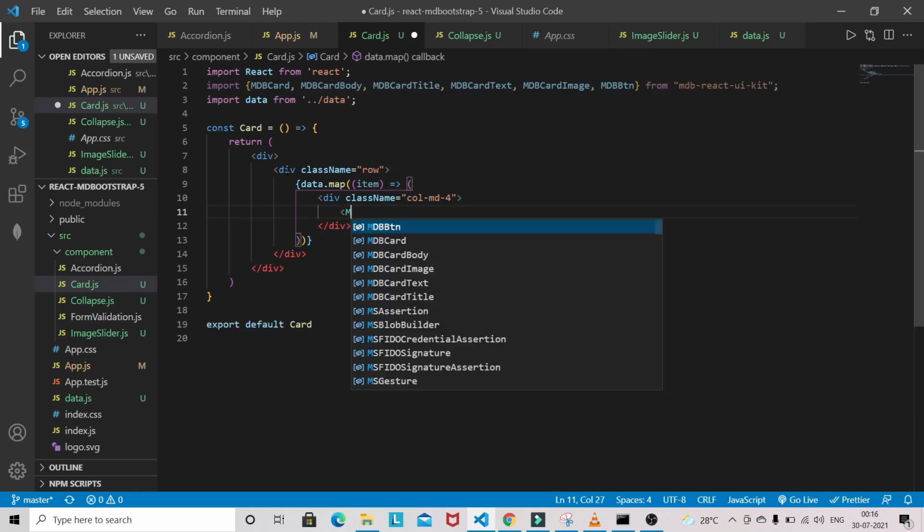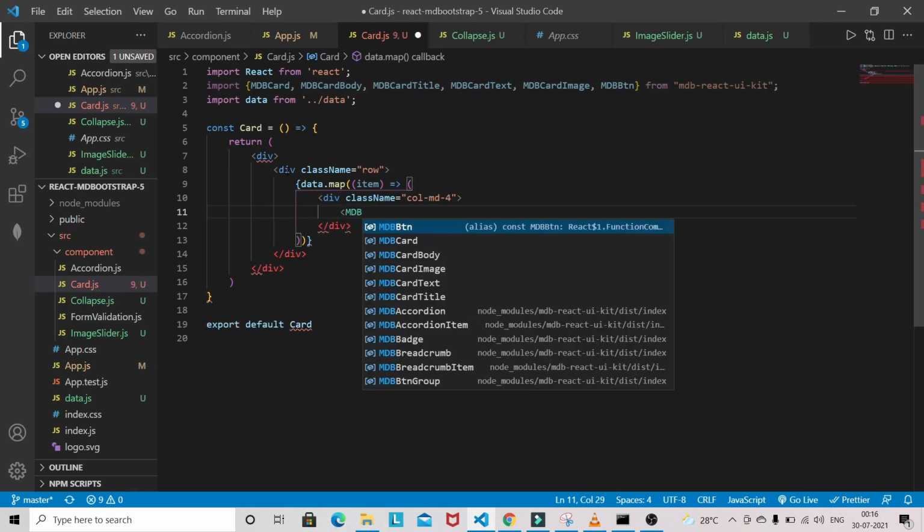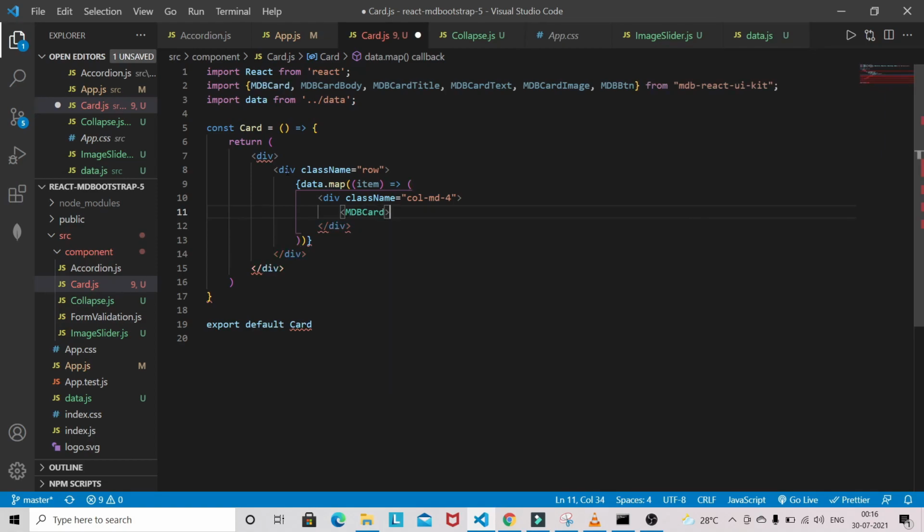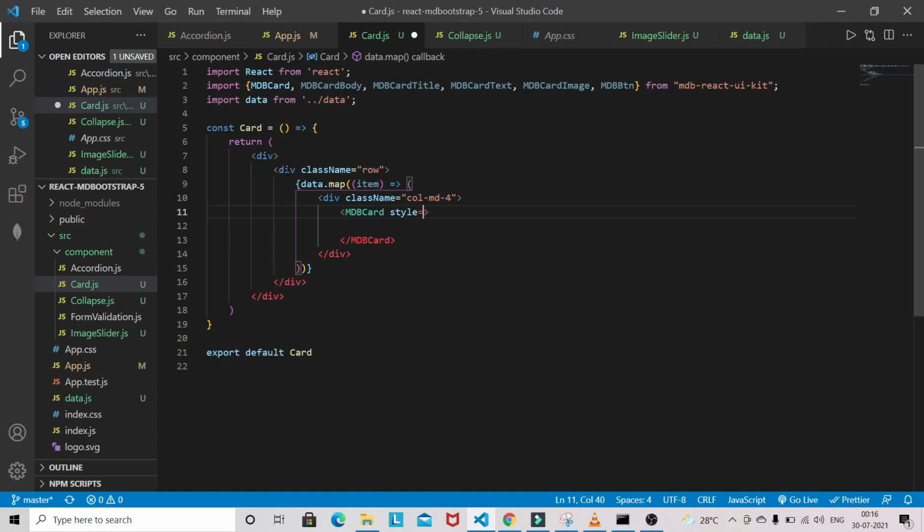And we need MDBCard here. Okay, so card, and I'm going to give some style here. So the max width of the card will be 22rem.